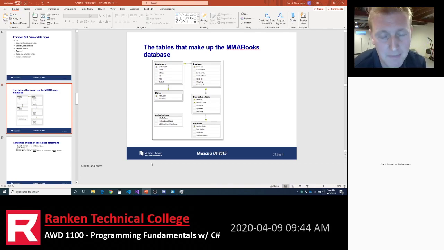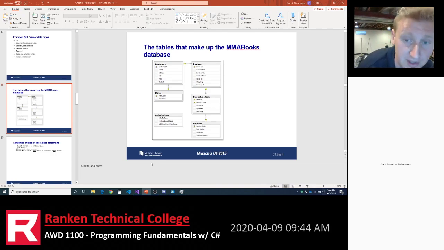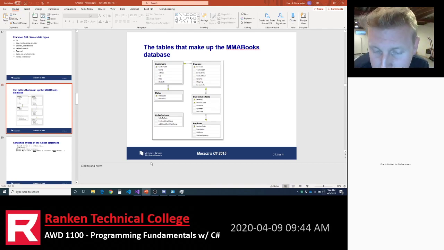A single invoice could have many products. That's a one-to-many relationship, and a product could be on multiple invoices. So what's created there is called a many-to-many relationship. An invoice can have many products, and a product could have many invoices.